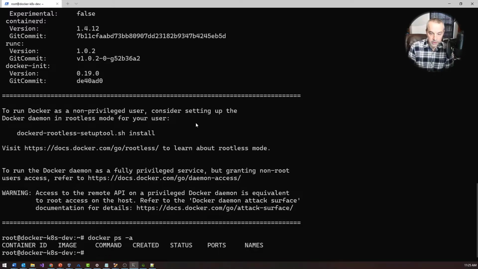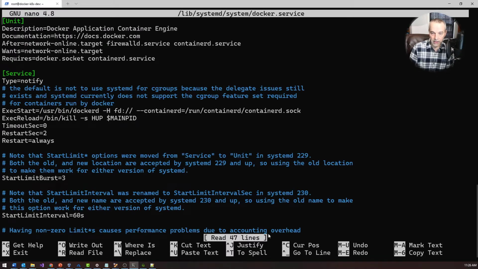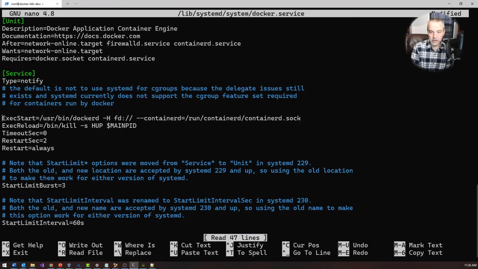So to get the ability to connect to this virtual machine with a Docker client, I need to change the host settings for this particular Docker instance. Now, there's a way to do this using a daemon file, but that's typically not going to work very well in this particular way that this is set up. So we have to edit the actual service file on Linux to do this. So to do that, I'm going to use nano, and the file is located right here at this path: lib systemd system docker.service. And if you open this up, there is an exec command right here that will start up Docker. Now, for some reason, this requires that you put an empty line right here, like this,